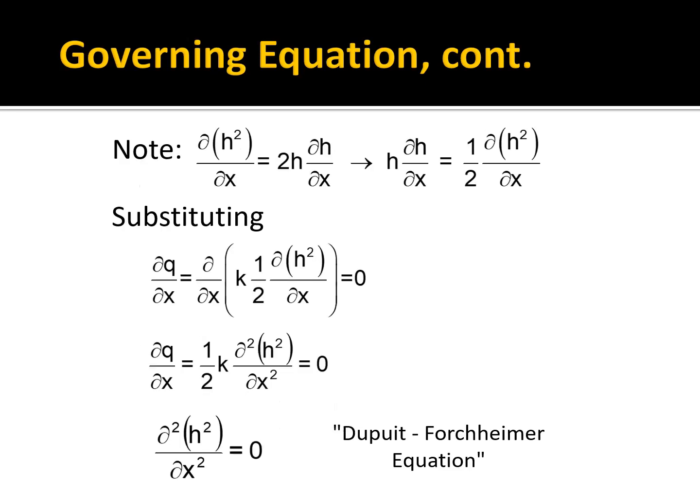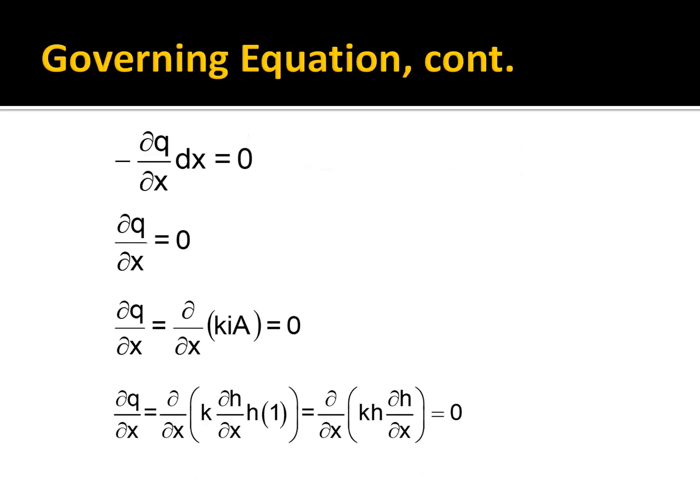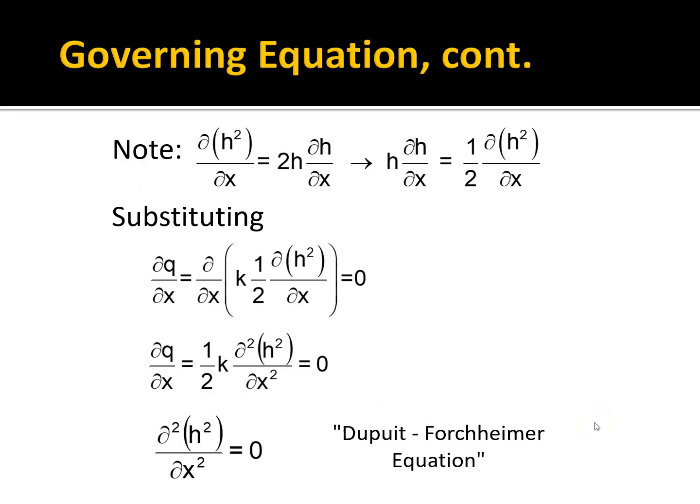If you take the second derivative of H squared, you get 2H del H del X, and therefore H times del H del X is equal to 1/2 the second derivative of H squared. And so that is significant because this H del H del X is this term we have right here. So if we plug that in,